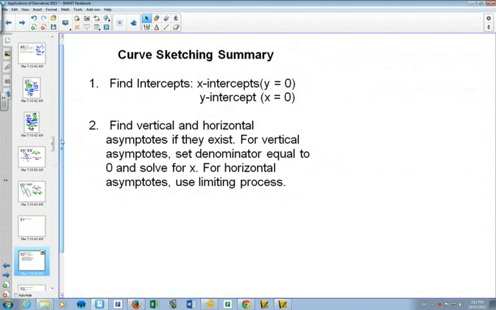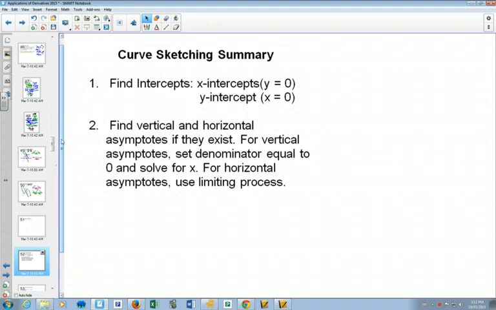We're also going to look for critical values that are asymptotes. If you have a non-permissible value in your equation, if you're dividing by x minus 2, then 2 is not allowed because you divide by 0. Those are going to affect your graphs as well. So you're going to look for those vertical asymptotes, and